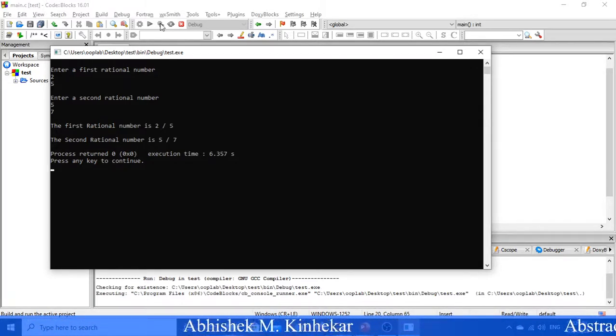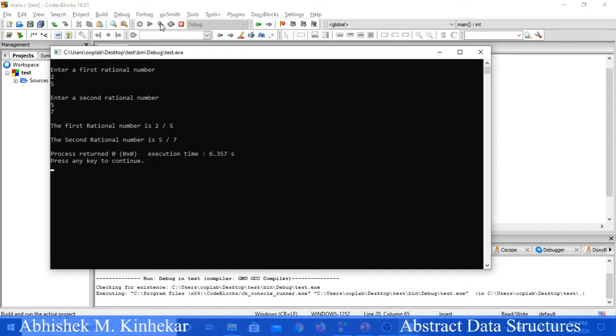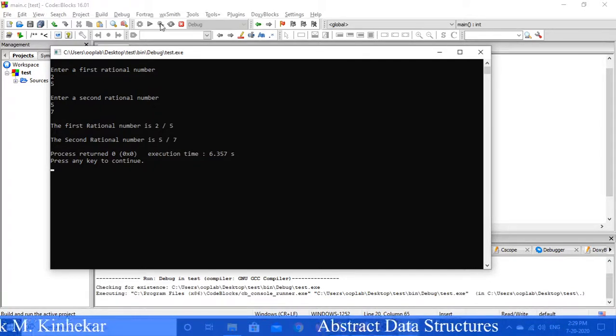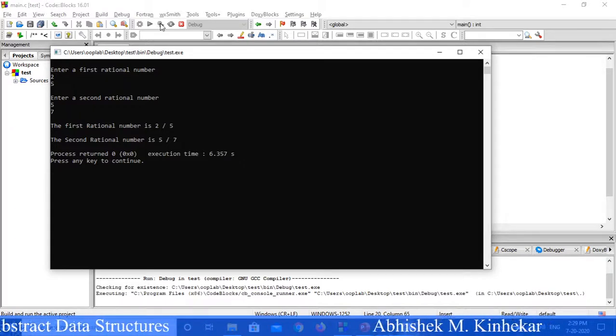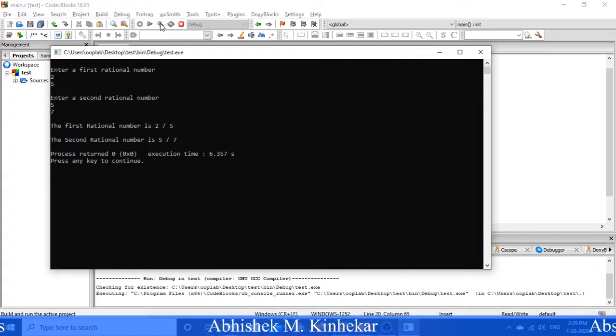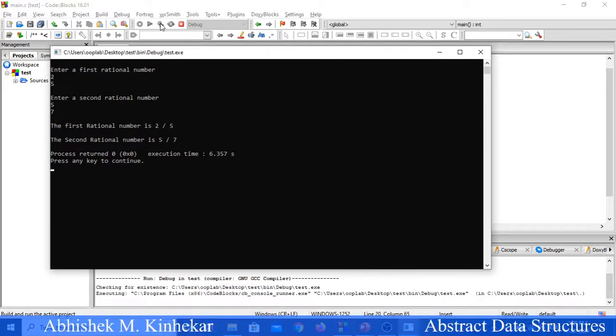I get 14 plus 25, that is 39, as the numerator of my resultant. Correct? Now what if I want to calculate the denominator? To calculate the denominator, I simply multiply 5 and 7, the denominator of the first and the denominator of the second. So what is 5 multiplied by 7? It is 35. So 35 is the denominator of my resultant.